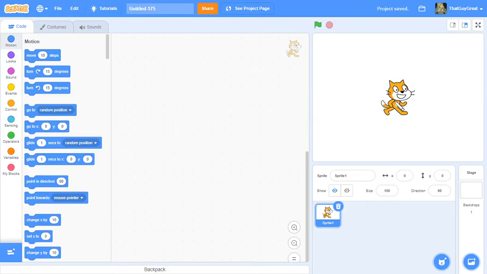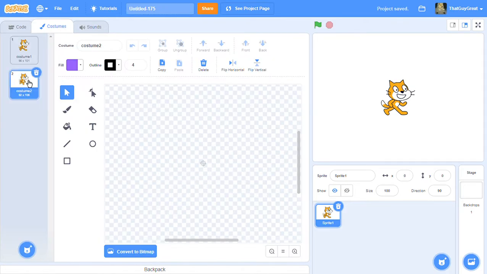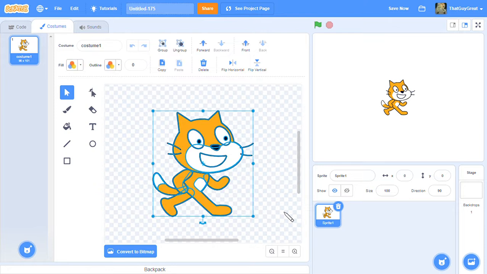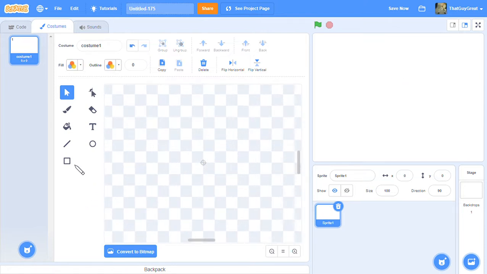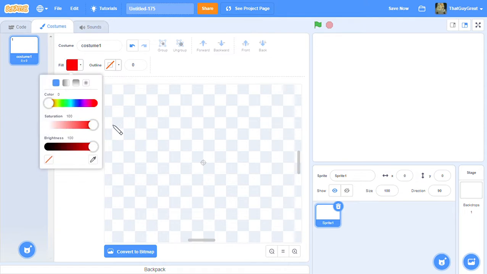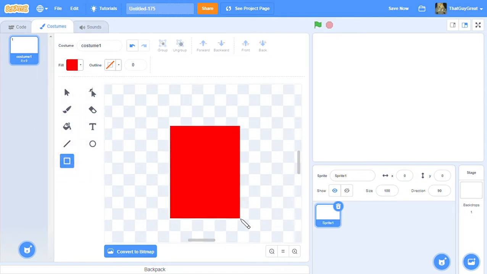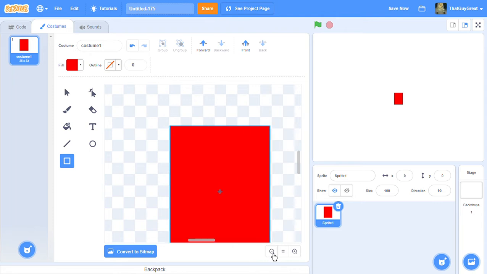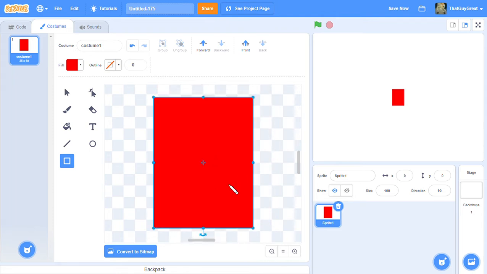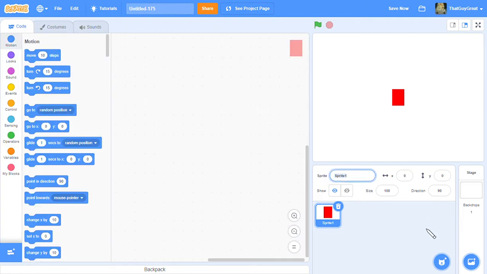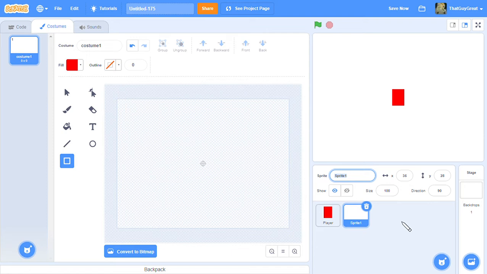Okay, we have a Scratch Cat here. Let's actually change his costume to be a box. Let's keep it red like this. See in the stage, and we want it to be in the middle there. Always change this like that. There. So in this, and then we can also make a ground sprite for him to